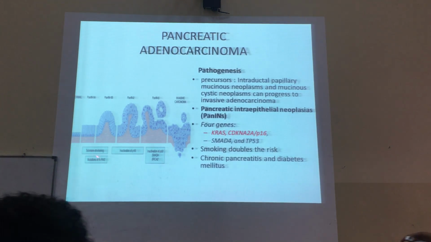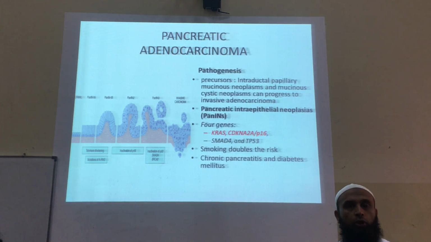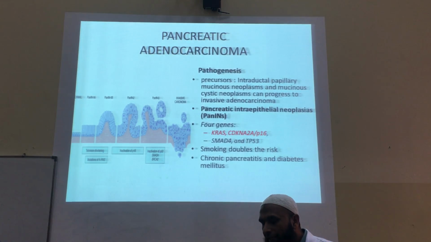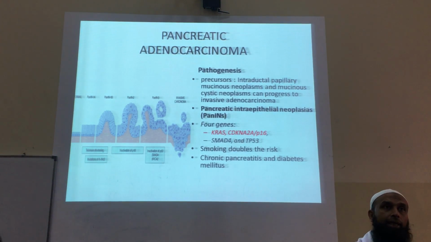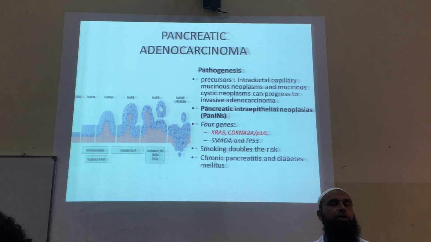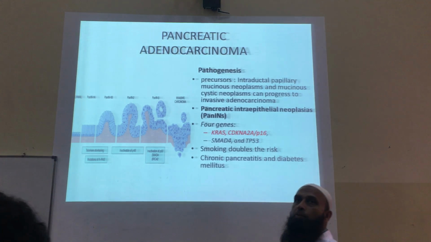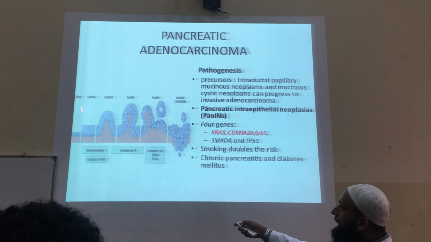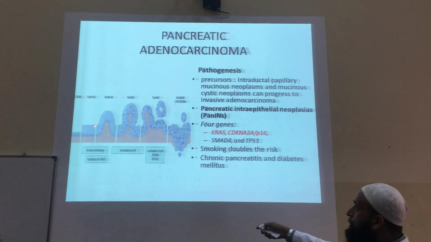They say that sometimes there are multiple mutations. Like in the GIT, we know that a normal colonic epithelium can change into colonic adenocarcinoma by multiple mutations, for example KRAS mutation, telomerase mutations, and P53 mutation. The same happens in the pancreas. Sometimes there is telomerase shortening. So the normal pancreatic epithelium can change